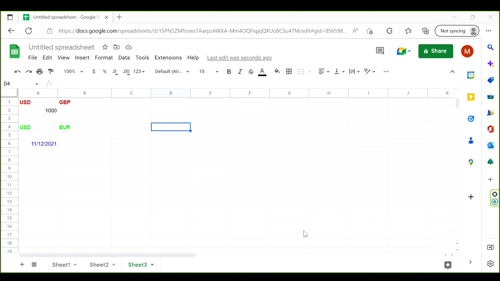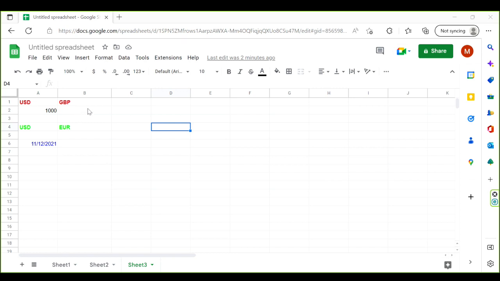Everyone, in today's tutorial I want to show you how to calculate currency conversion between two currencies in Google Sheet. As we know, some formulas in Google Sheet are different from those in Excel, such as the formula for calculating currency conversion. Here I introduce the formulas for several cases to calculate the currency conversion and the currency rate in Google Sheet. So let's start with our first case, that we want to calculate the currency conversion between USD